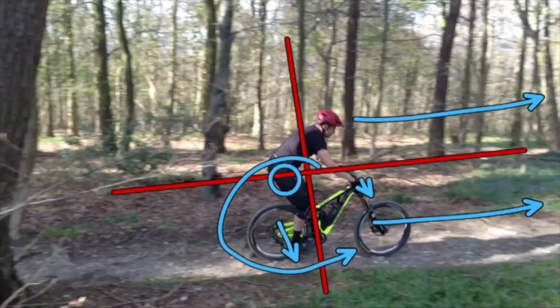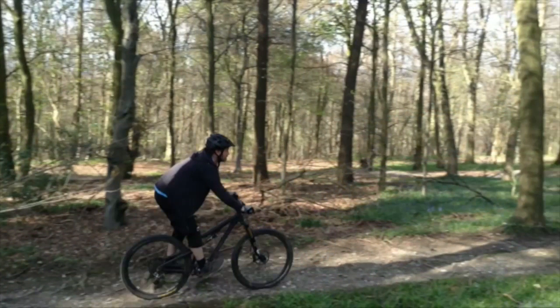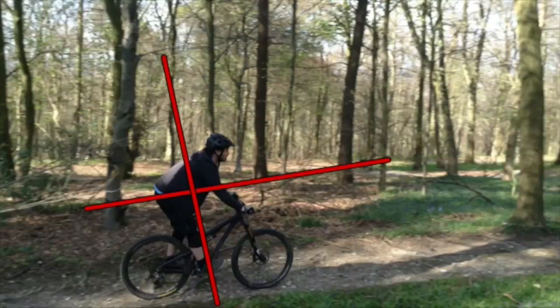Again, my head's up looking through the trail, I'm breathing out, staying nice and relaxed, and even on a level trail you can see that with the downhill bike I'm sitting back into the pocket and looking through. If we look at Richard here on his trail bike, we can see again as we draw in the centre lines, so we draw in top to bottom, front to back, we can see that his weight is sat back